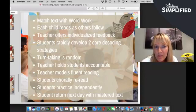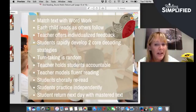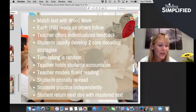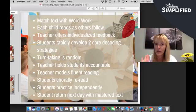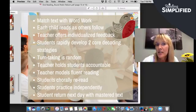Now, here's the one thing that some people might interpret as round robin reading. I do not believe it has to be as negative as round robin reading because you are there as a teacher watching all the kids read, and you can encourage them to follow along by pointing at their text and telling them that you are going to ask them to follow with their eyes. Maybe they can even hold a bookmark under the text and move down the page as their friend reads. So if one child is reading at one time and the others are following with the same text, this gives the teacher the opportunity to give that super important individualized feedback so that the student can blend as you read,